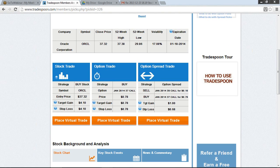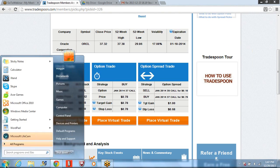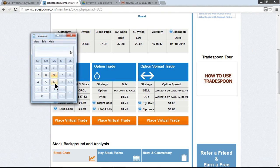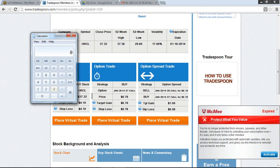As I've shown in past videos, you can take the handy dandy calculator, take your entry price of $37.32, and add our target gain amount of $4.10, and that gives you your exit point of $41.42 on the stock. Now, if you want to check what your stop loss is, you can go in and